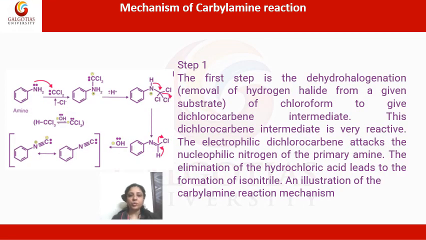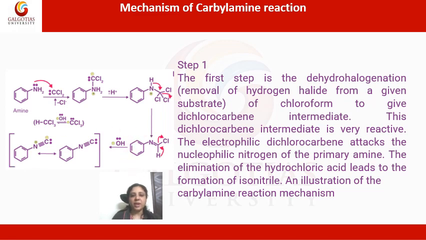Now moving on to the mechanism of the carbylamine reaction. Here we have this amine, which is then reacted with this carbene, that is dichlorocarbene, and it reacts with the nitrogen to give this particular product, which is then protonated and we get this product. Then with the removal of HCl, we get an amine and consequently isocyanide with the help of a rearrangement reaction.